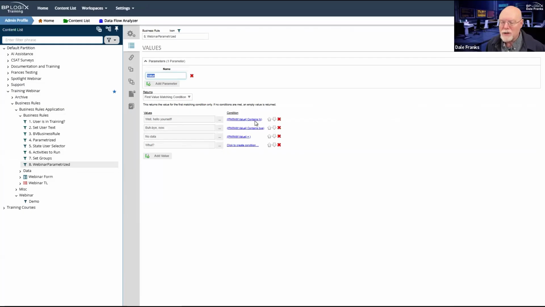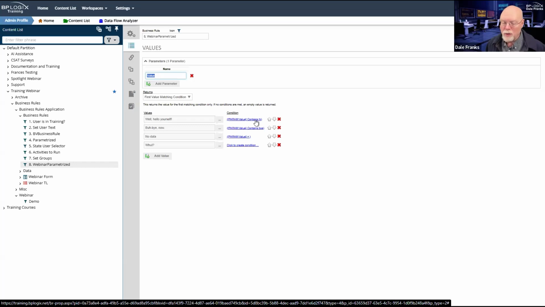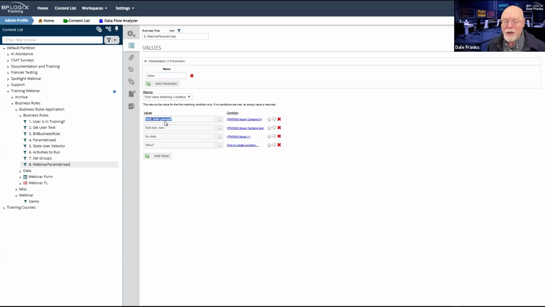All of my conditions read the parameter value. So in this case, if the parameter value contains hi, it will return, well, hello yourself. And if it contains by, it returns that. And if it is blank, it returns no data in text. That's not a programmatic thing.